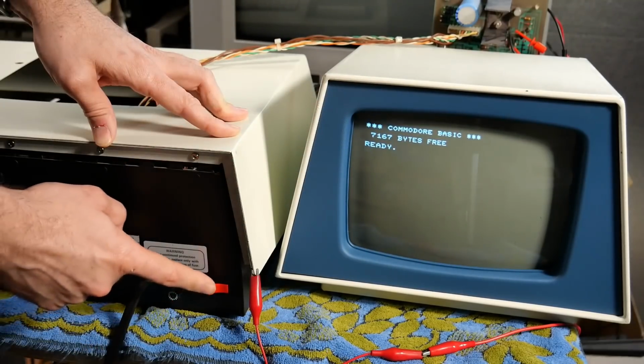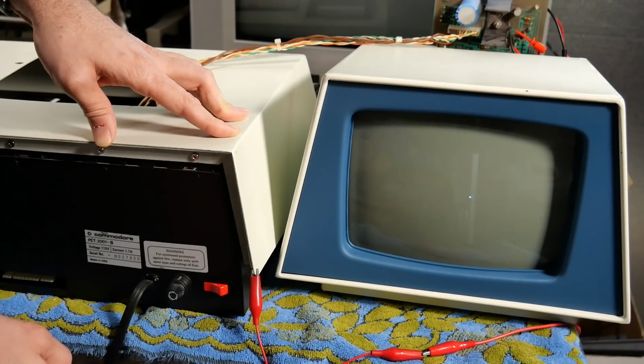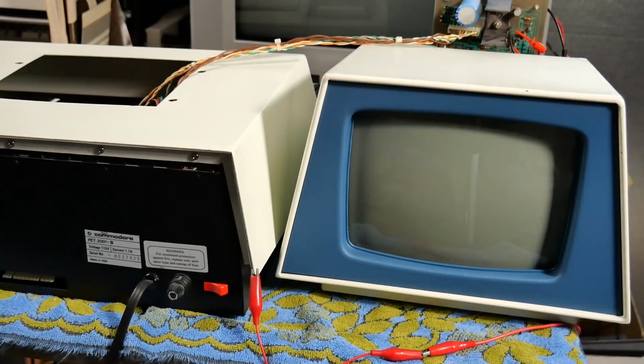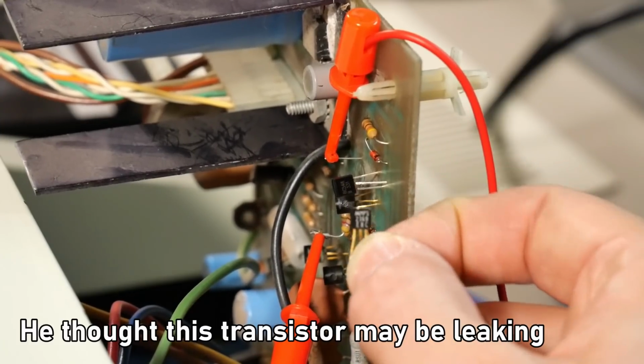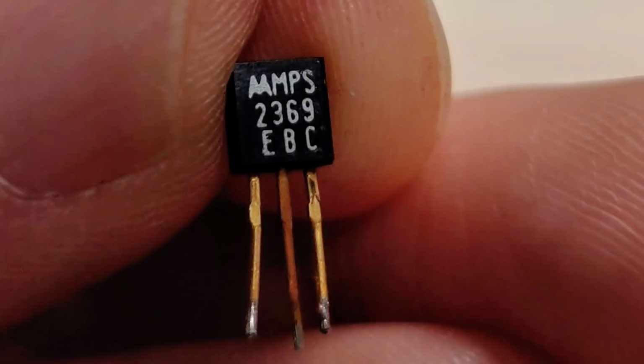Here we go, moment of truth, a good quality Zener diode. Are we going to have the dot or are we not going to have it? We still have the dot. Okay, so on recommendation of Frank, I have removed Q1 here, which is an old Motorola part